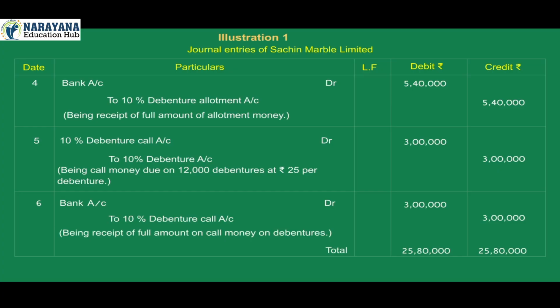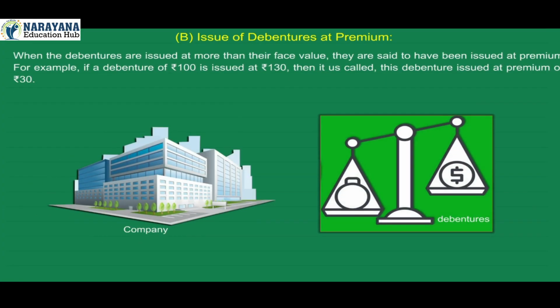Total debit ₹25,80,000, credit ₹25,80,000. B. Issue of debentures at premium. When the debentures are issued at more than their face value, they are said to have been issued at premium. For example, if a debenture of ₹100 is issued at ₹130, then this debenture is called issued at premium